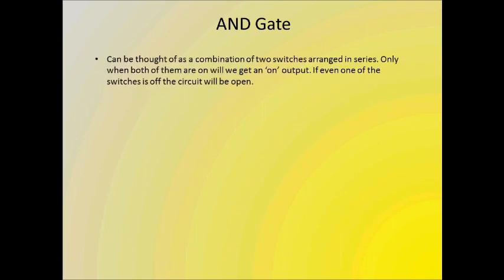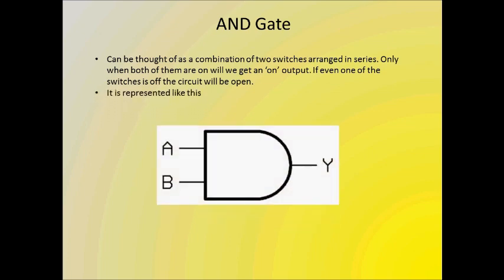Okay, so now we come to our first fundamental logic gate, which is the AND gate. And this is actually a gate we have seen earlier. Remember when I mentioned two switches arranged in series? That actually works out to be an AND gate. And as I mentioned before, this AND gate will only give a closed circuit when both of the individual switches are on. If even one of the switches is open, then the circuit will be open and we will get a zero output or an off output. And this is why the gate is called an AND gate. Both switch A and switch B have to be closed. So that's how we represent an AND gate in circuits, something you have to memorize.